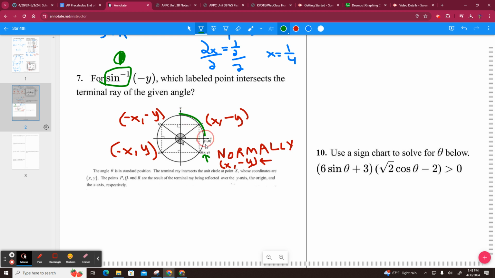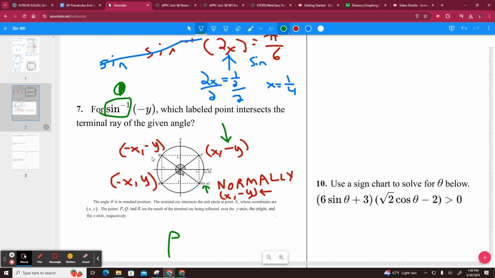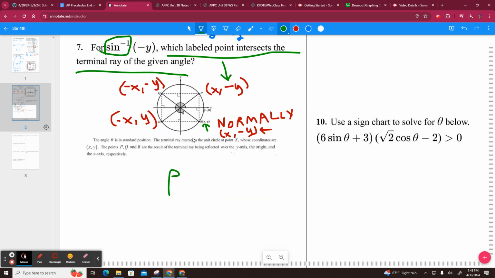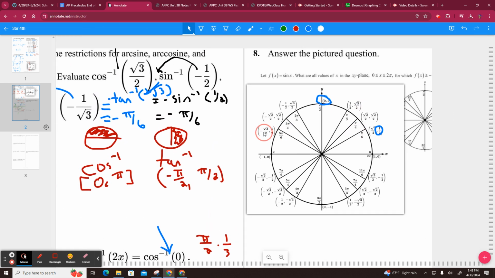So I'm looking between P and S, but I only have negative y at point P. So the answer is simply just point P, because it says which labeled point intersects the terminal ray, and the terminal ray is intersected at point P, because point P has a y coordinate of negative y. Then here on number 6,